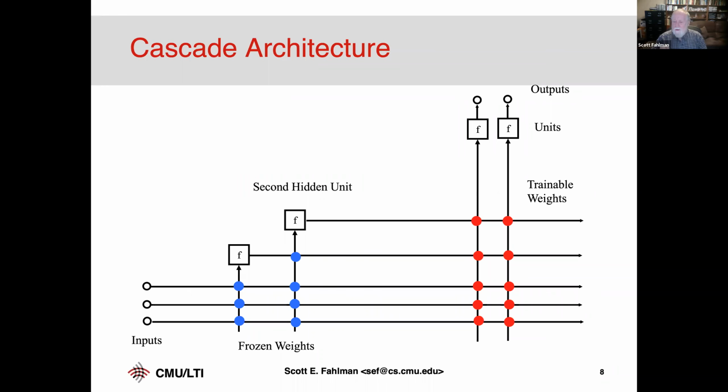This is a useful feature detector. We want to keep it. We don't want it to be cannibalized or pulled away to do something else. And when you add the second hidden unit, it doesn't bother the first hidden unit, but it does make use of its output. And then every time we add a new hidden unit, we train all of these weights in red to produce the best possible output with the initial features and with these new composite features.